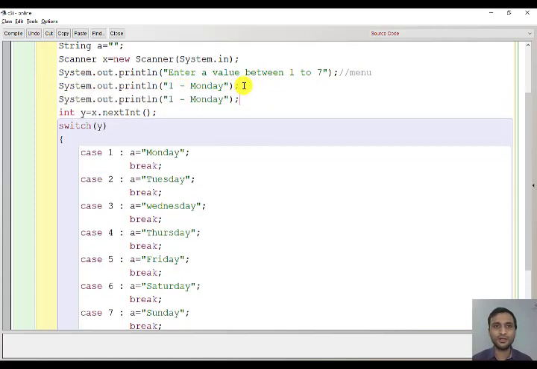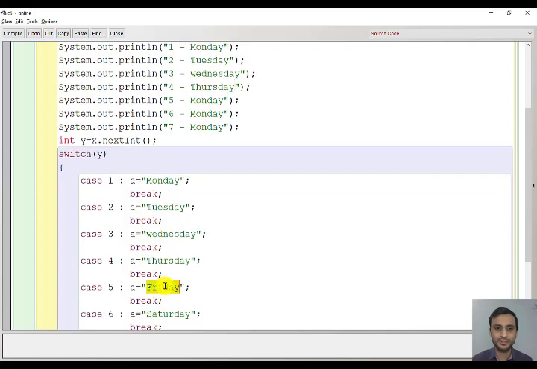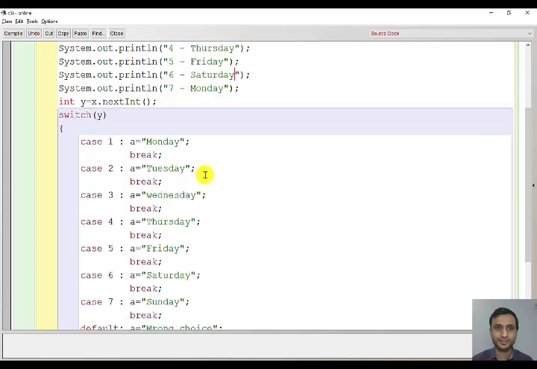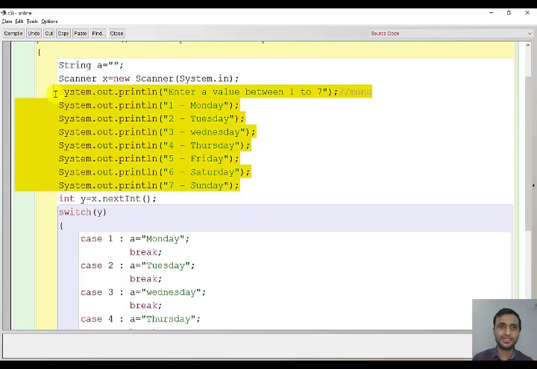Similarly, you will write for all other days: 2, 3, 4, 5, 6, 7. So this is Tuesday, Wednesday, Thursday, Friday, Saturday, Sunday. Okay.